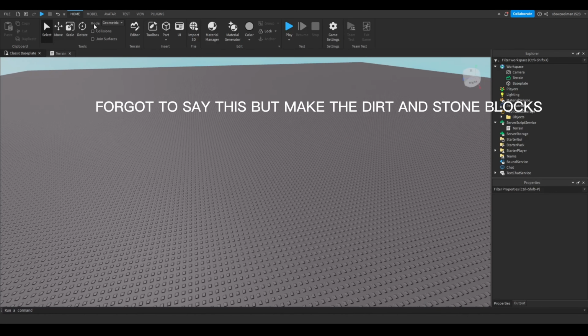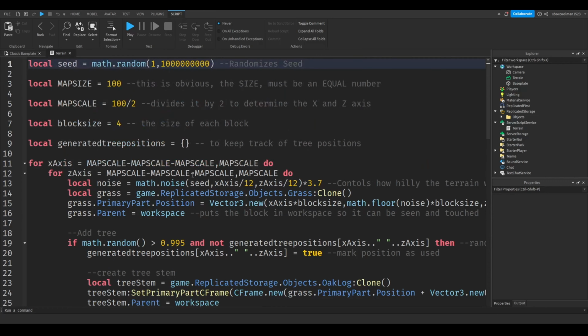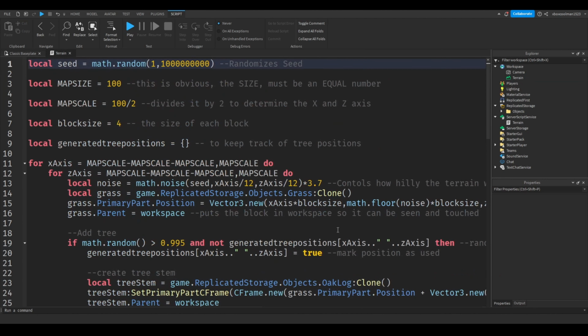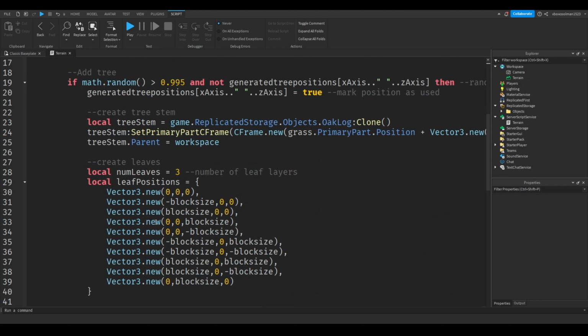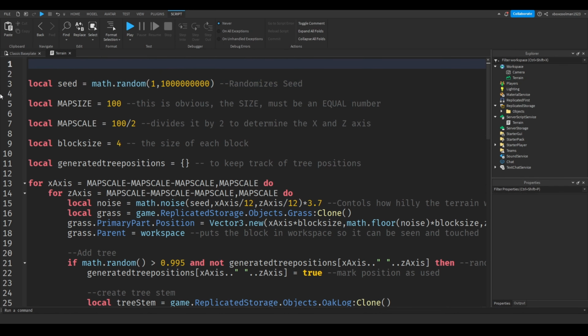So last time we made this script, which works well, but it isn't that optimized. It doesn't have chunking, it doesn't have dirt, it doesn't have stone, any of that. So today, we're going to be ending that. We're going to be adding those layers and adding chunks. First, let's add